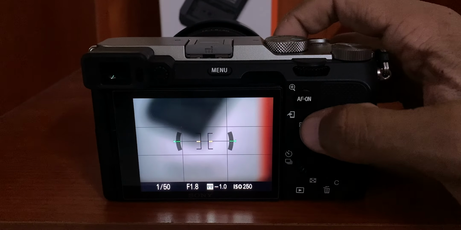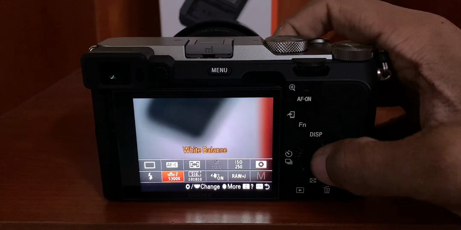I'm pretty sure that there are many color temperature analyzer apps in the Play Store and App Store, but I will definitely not recommend that you download them, as they are never going to give you accurate results. Your camera itself can give you the best result possible in your shooting environment. Your camera has a default color temperature sensor which you can use in order to shoot your videos perfectly in a well-lit condition. You just have to turn on the color temperature analyzer mode in your camera, sit in the